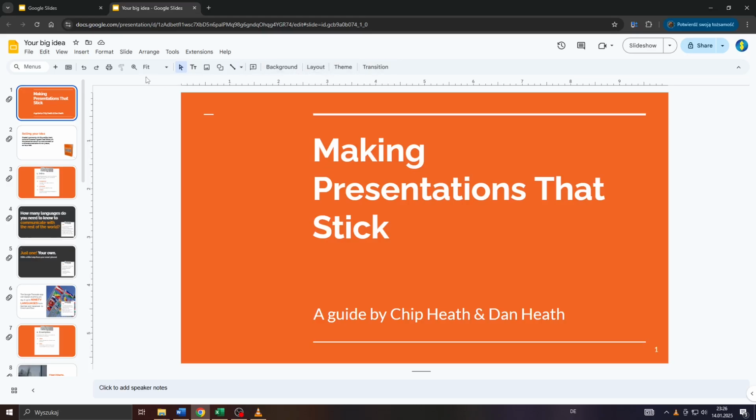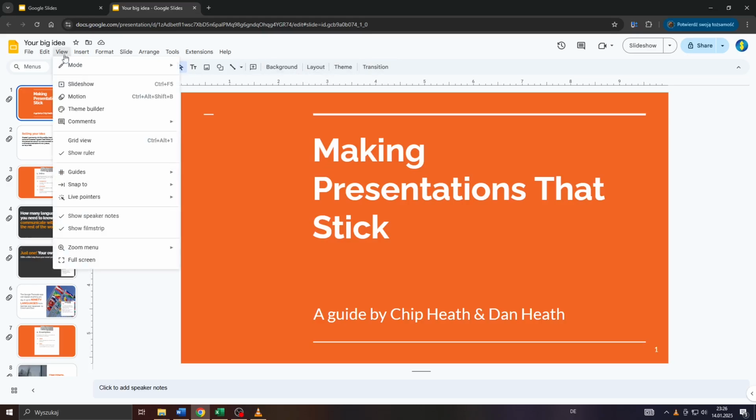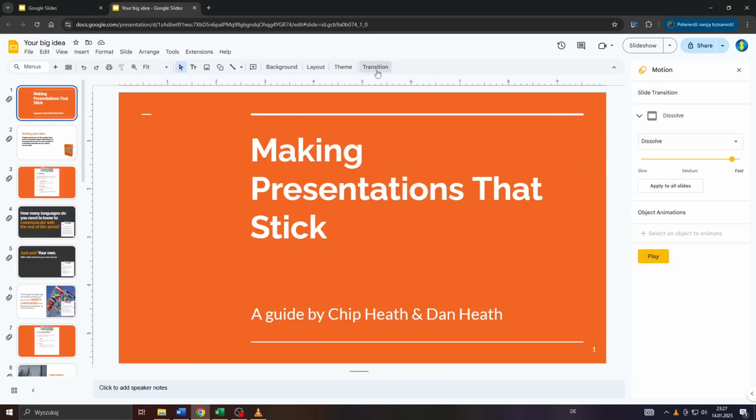next to layout and theme. Or alternatively, if you can't see that option, simply enable it by clicking on view here and by selecting motion from that drop-down menu. So click on transition here, and you will be given access to that motion menu here